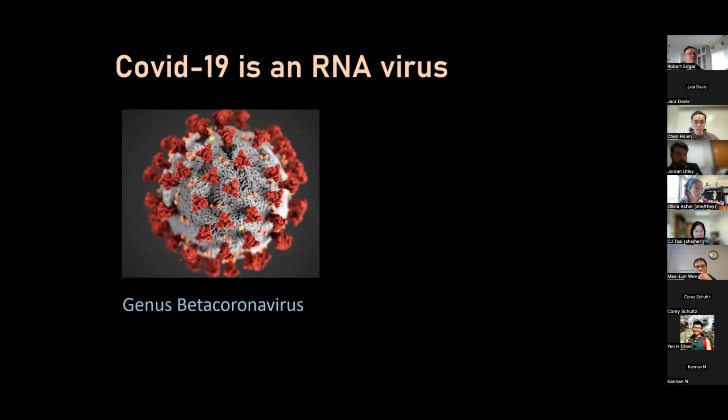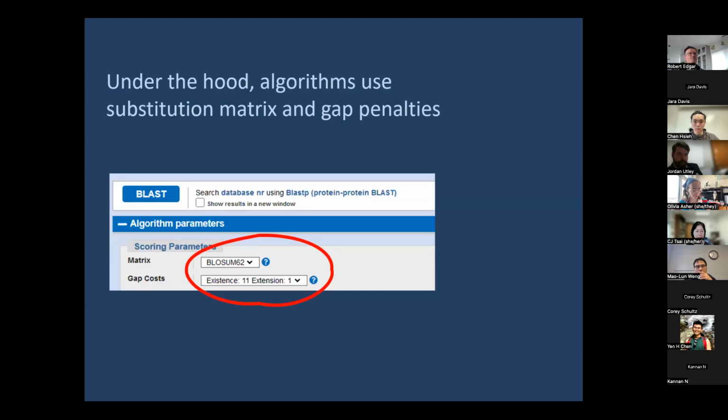And COVID is an RNA virus, and this is the background for why I'm using this example. So how do you actually make a sequence alignment? Well, under the hood, it's important to understand that these algorithms are really using a highly simplified model of evolution. I mean, oversimplified really, because proteins are really complicated, and these are just very crude averages over how proteins behave, because that's really the only way we know how to do it as a practical matter. So the way you characterize the